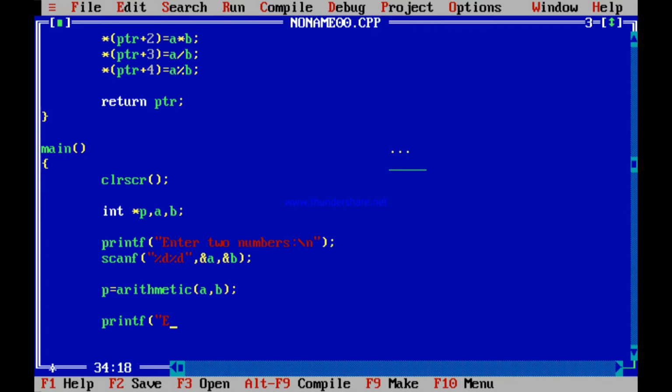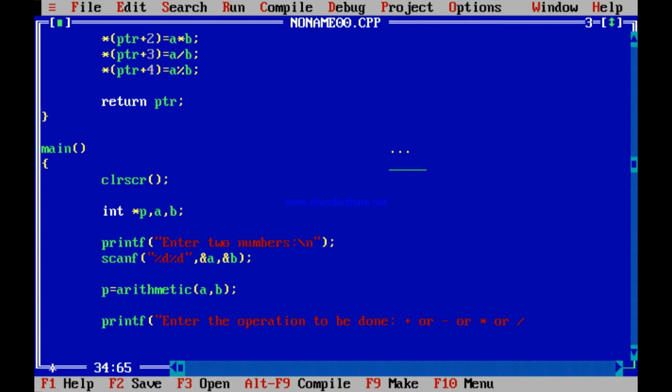I ask the user to enter the option. What is to be done? What is the function to be done? Or enter the operation to be done. That is, you want to do plus or minus, or you want to multiply or you want to divide.